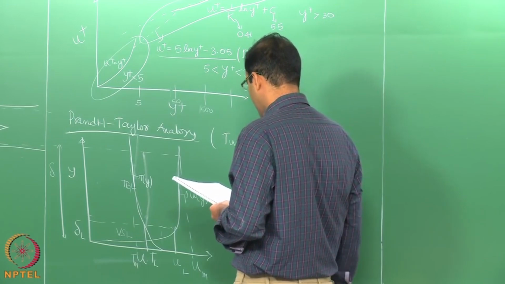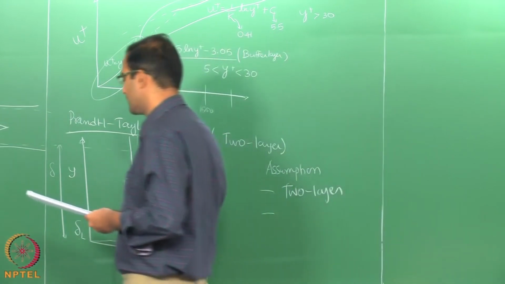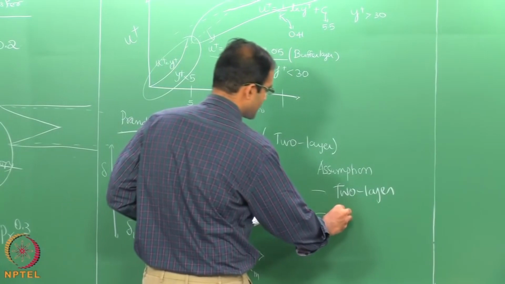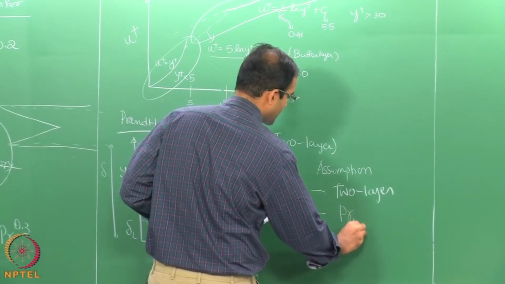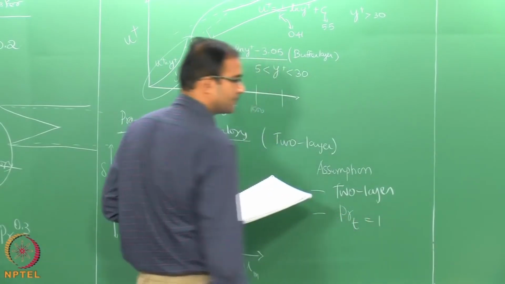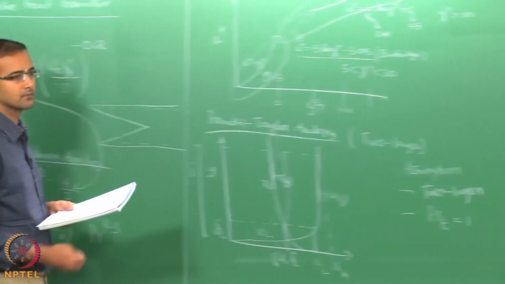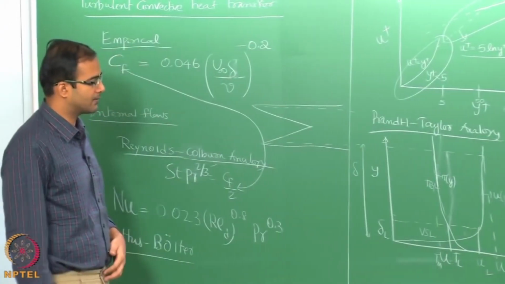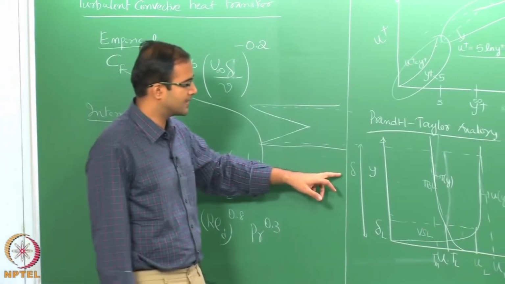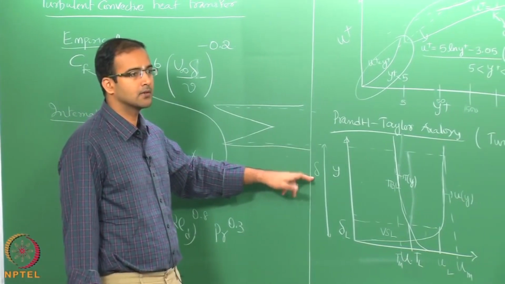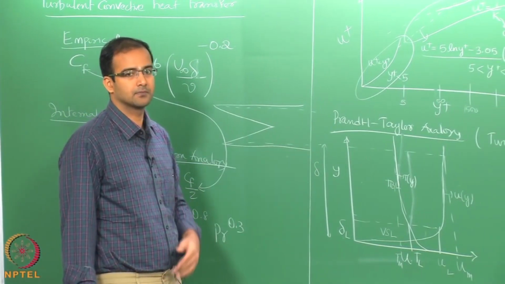Again, when we derive it, we also use the condition that turbulent Prandtl number is equal to 1. When we say turbulent Prandtl number is equal to 1, we say that delta is equal to delta t,